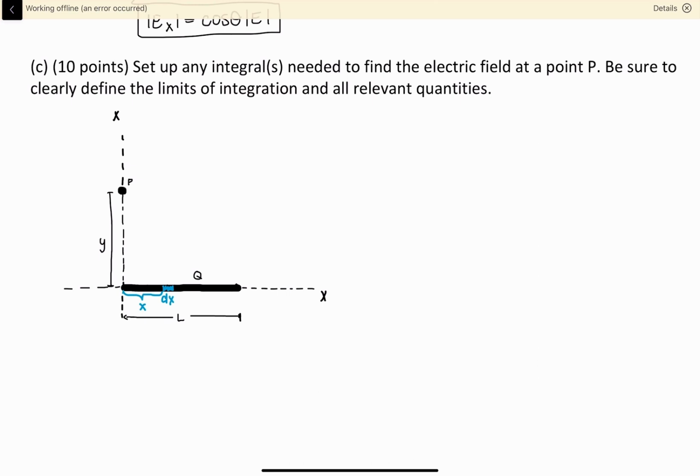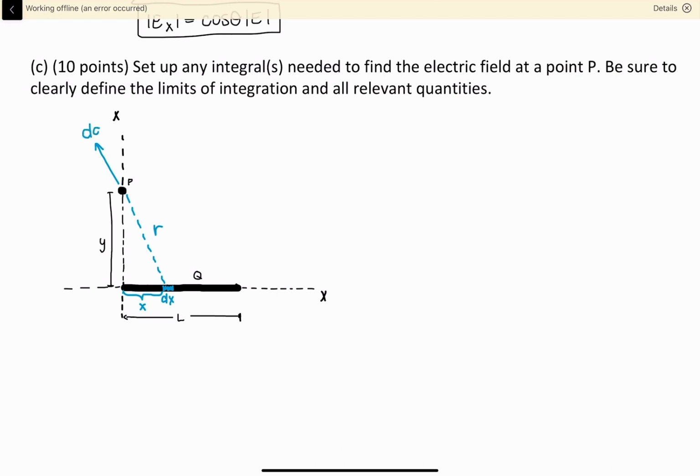That's why we need an integral, because as x changes, the electric field in the x direction is going to change. So if we draw r, the distance r between P and the dx, we get